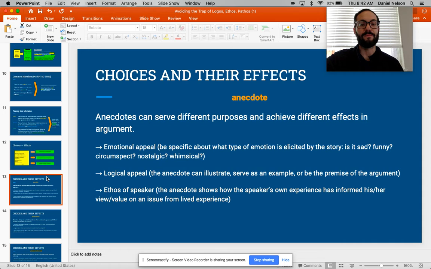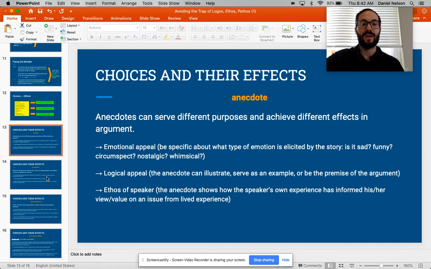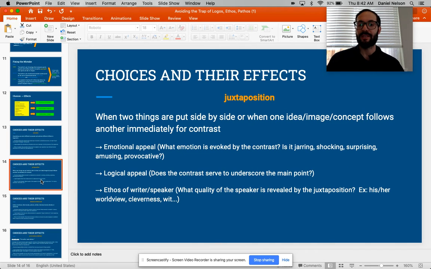So we have some good choices to help us achieve this effect, these rhetorical choices: anecdotes, short sentences that are used to elicit appeal, emotion, some ethos, pathos, and logos, examples of what that does. Juxtaposition, this is a powerful one that we can use to look at how things are immediately contrasted together.